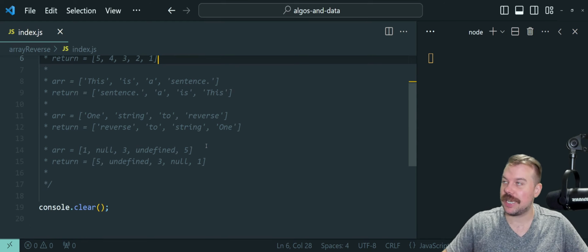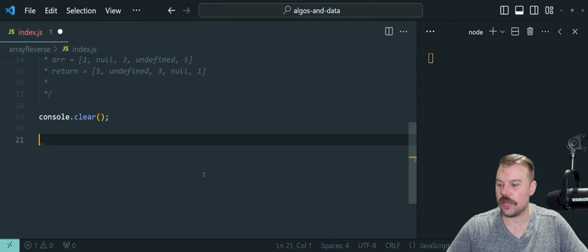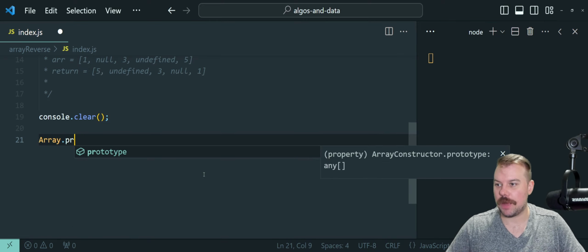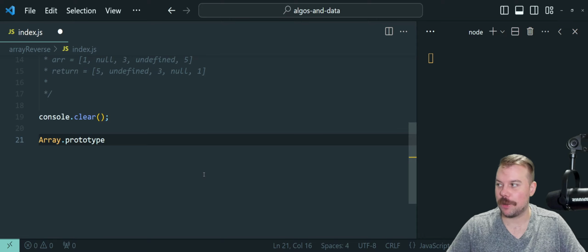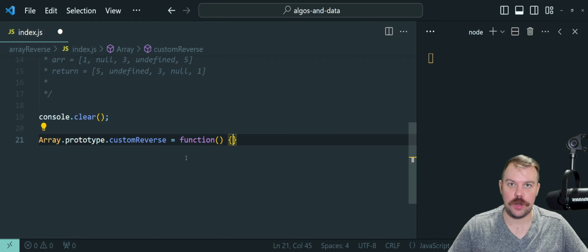So I have some test prompts we're going to work with here in just a moment. I have my little VS Code window open and ready to go. And as always, we're going to start by messing with the array object prototypes by adding our custom reverse method onto it. Like I say in every video, this is good to know how to do for interviews and technical